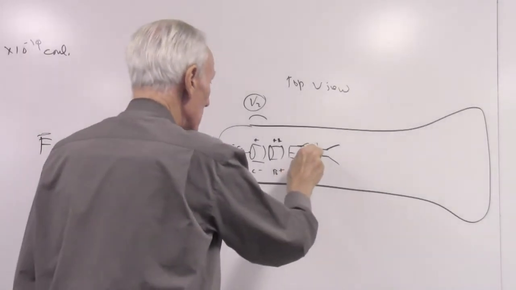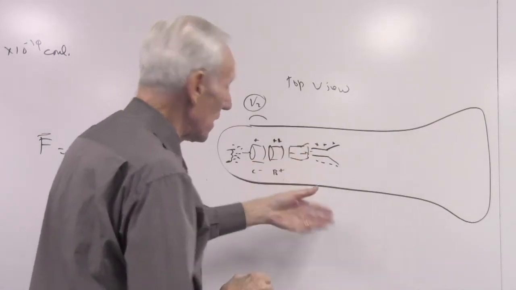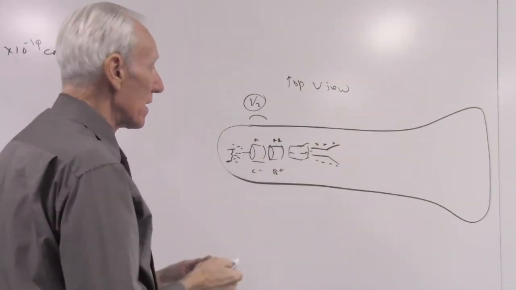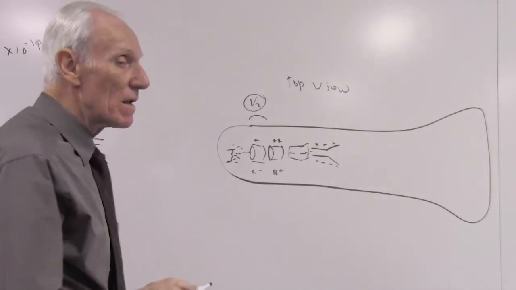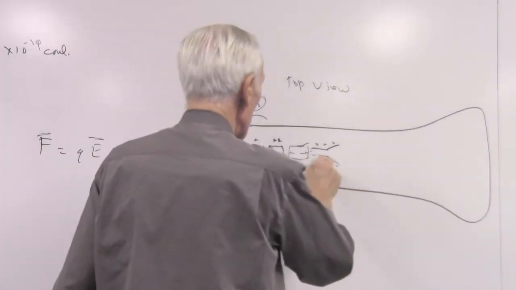So if this plate's positive and this plate's negative, the electrons will be attracted to the positive plate and repelled from the negative plate. Like charges repel and unlike charges attract. We have already seen that. So they're going to go through this